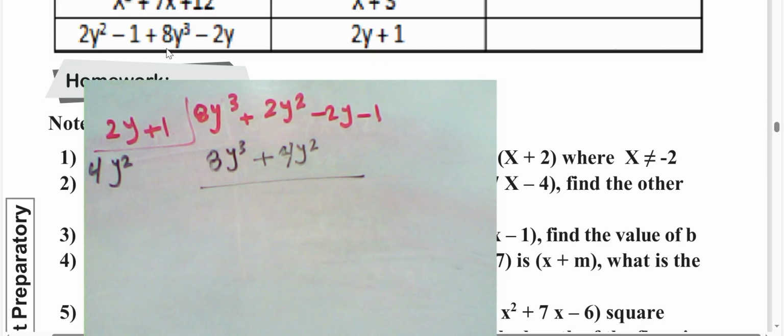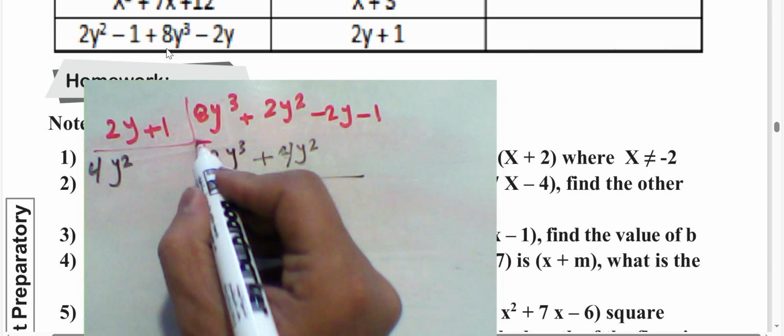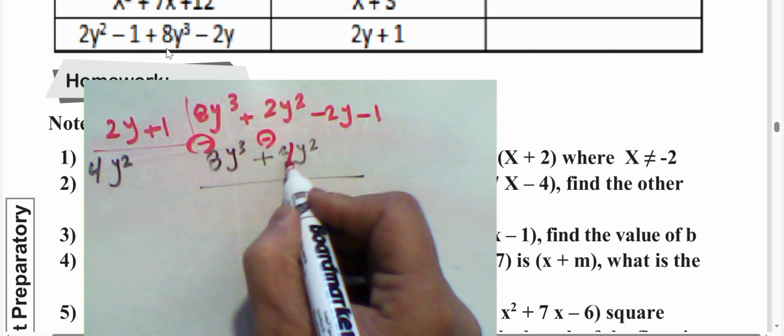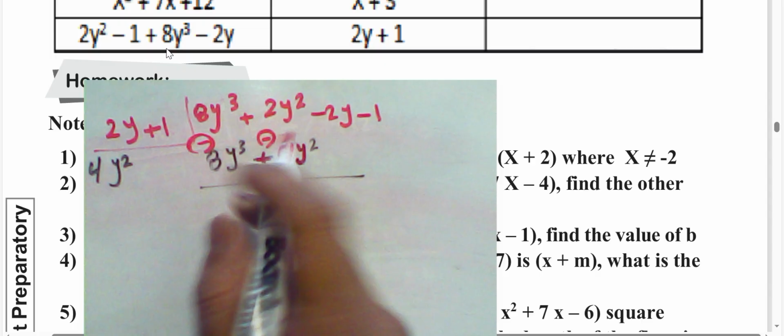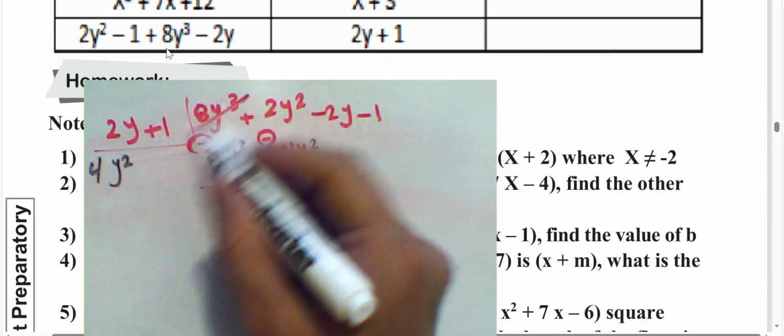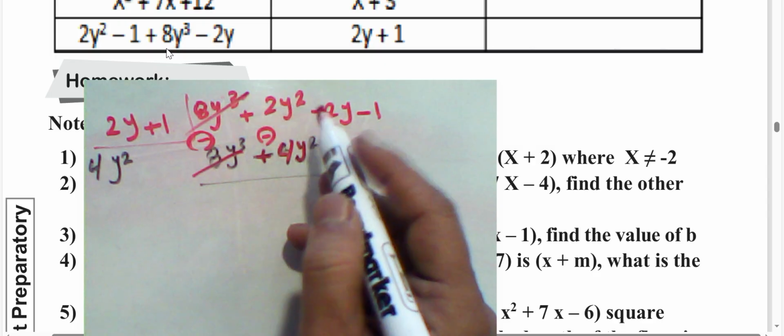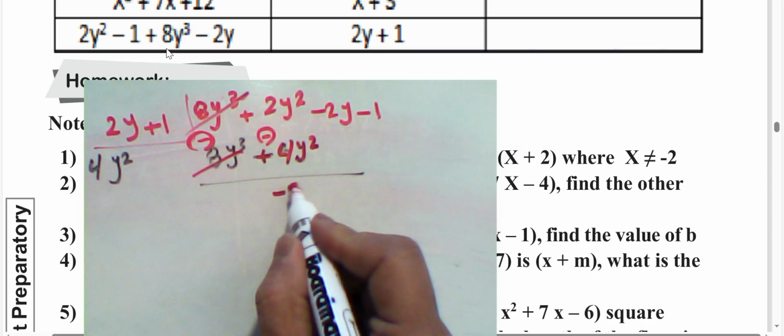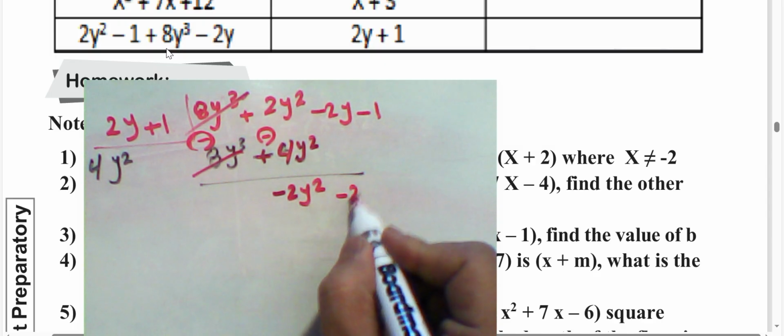And then find the difference between two numbers. Right here negative and this negative. Okay, convert from positive to negative because we will find the difference between two expressions. We can cancel 2y power 2, subtract 4y power 2 equals negative 2y power 2, and then drop negative 2y